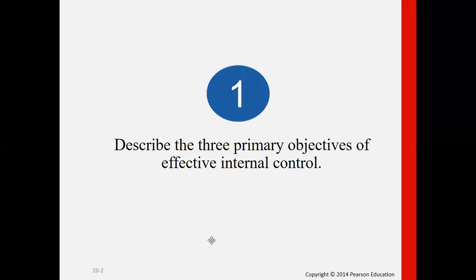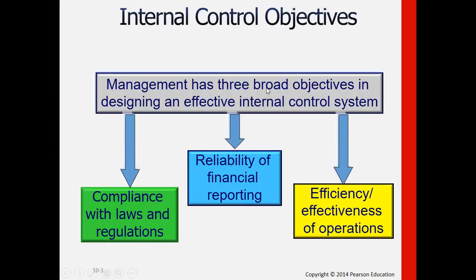Now, being effective means that something is able to achieve what it is intended to. One example of that is, of course, internal control. It is effective if it is able to achieve the objectives for which it is designed. So we have these three objectives in the following slide, and management has three broad objectives in designing an effective